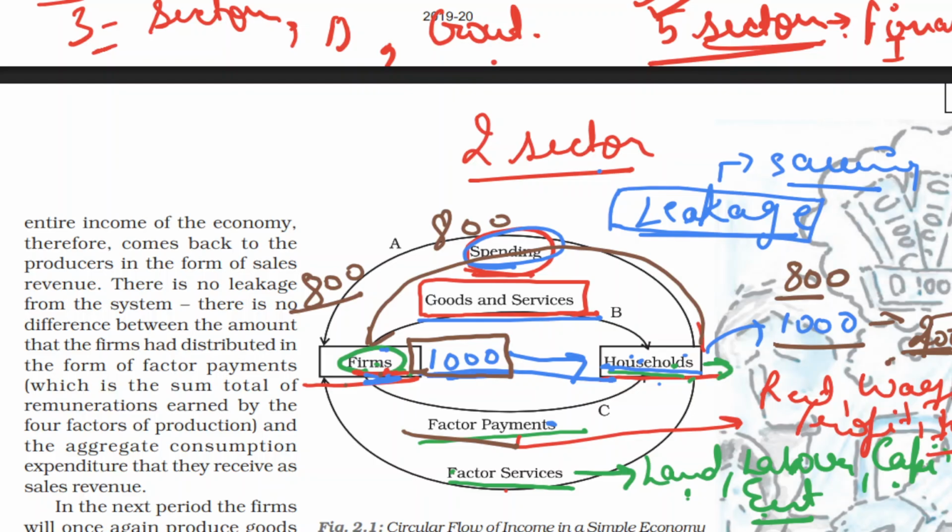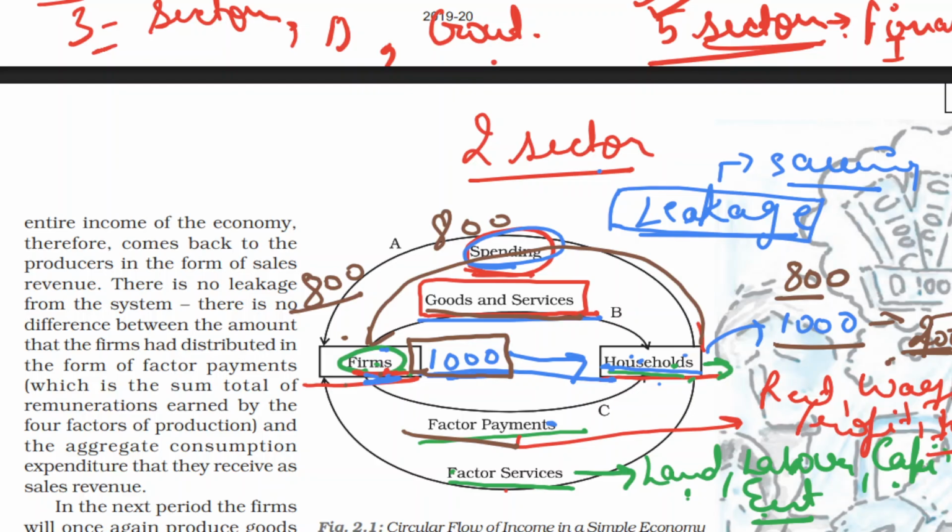So the firm will increase the prices of these goods and services, and you have to spend your money back. So what happened, every time you take some of the income out of this circle, this increases the prices of goods and services, which creates inflation in the market, right? If there are no leakages in this circle, then the income for the firm and the income for the households are going to remain the same, right?